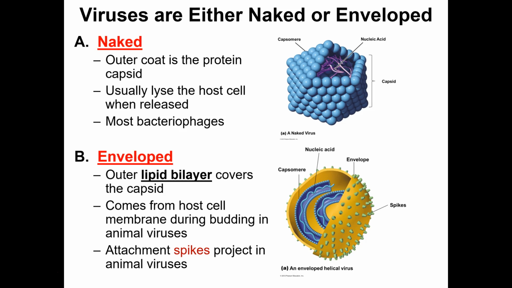Okay, so looking at external structures. The first one is optional. So viruses may be naked or enveloped. Naked meaning there are no additional layers. You've got your genome, you've got your capsid shell, and then that's it. There's no other layers to be found. This is typical of most viruses, because naked viruses will punch their way into a host cell, and then they will punch their way out. They lyse the host cell. They burst it when they're done.